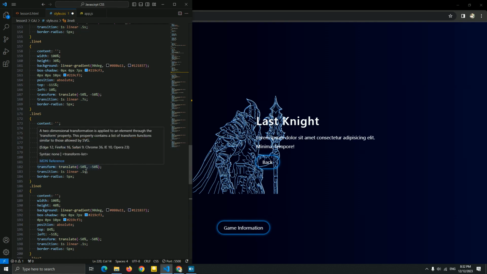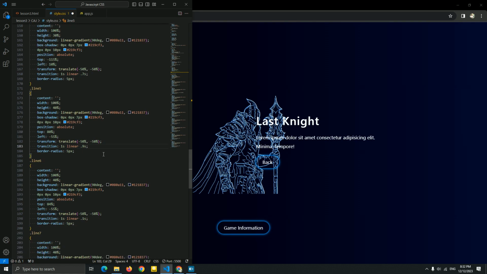Let me just change this transition when we go to the next. Okay. Now for line 6. Line 6 left be 80%, 88. And the top, just like this line 2. For this transition, let me just set 1.1.